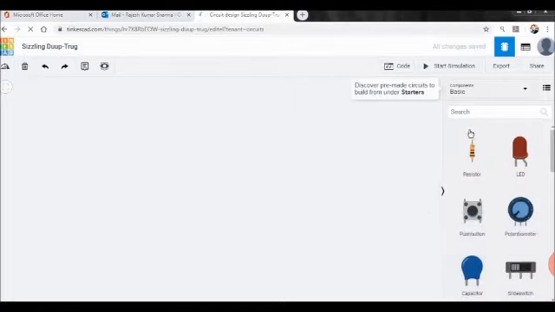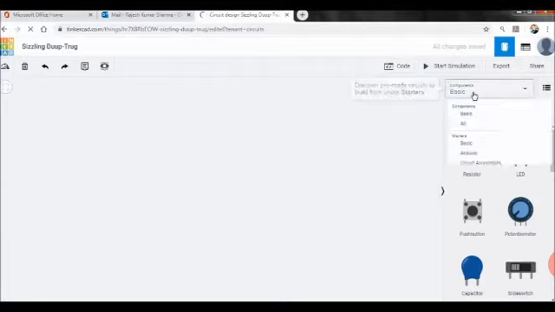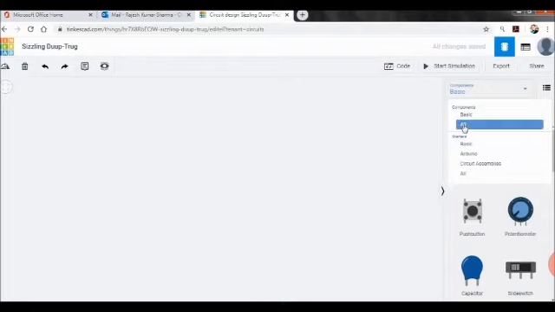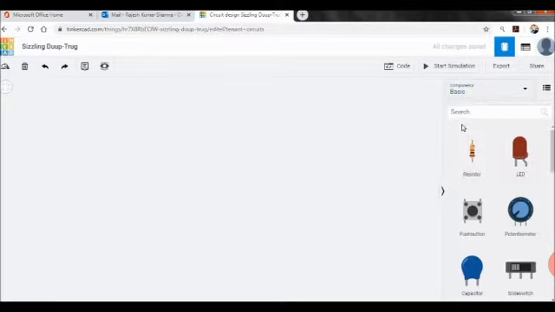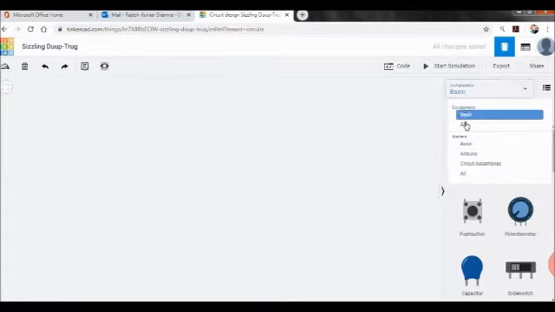So you can see on one side you have lots of components. If you drag it down, you will be able to see lots of components. So just select All or Basic, whatever components you need. If you select All, then all the electronic components which are required for any kind of electronic projects will automatically come.